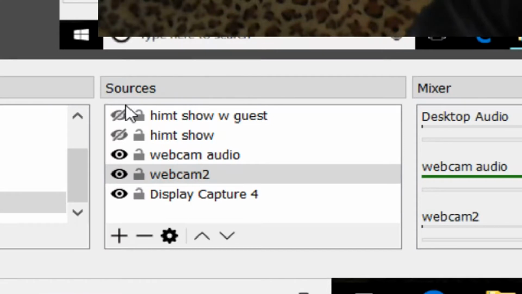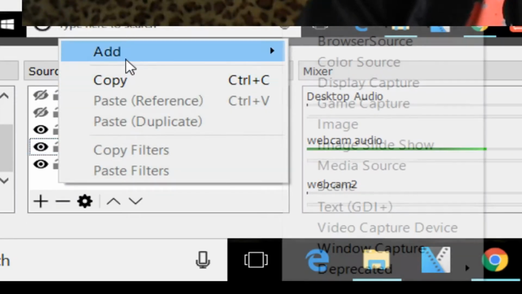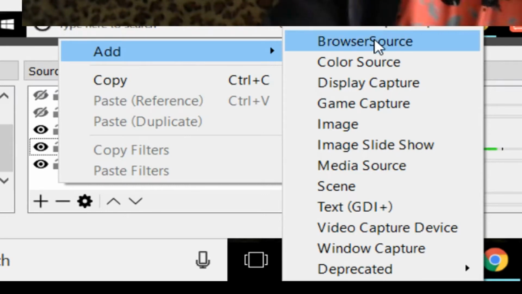So we're gonna go right here under sources, and you can either right click or press the plus button. So I'm gonna just right click because it's simple. I'm gonna right click, and now I'm going to go all the way up to add, and here's where a lot of people get confused or lost because we have a couple of things, right? So at the very top that you can't see right now, it says audio input and audio output. We don't have to worry about those for now,